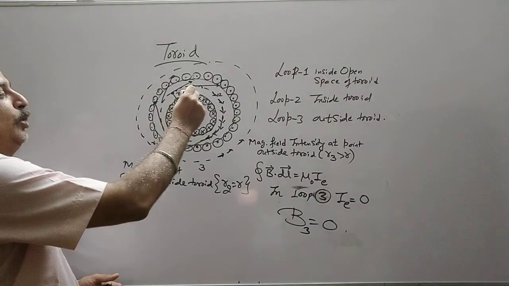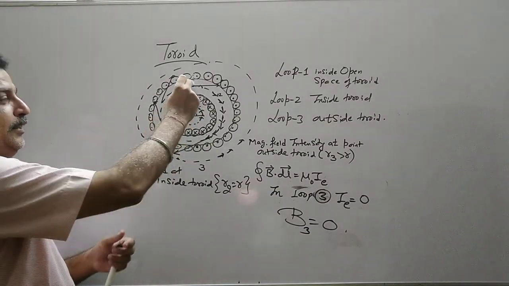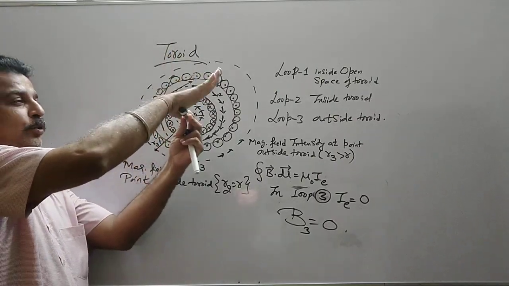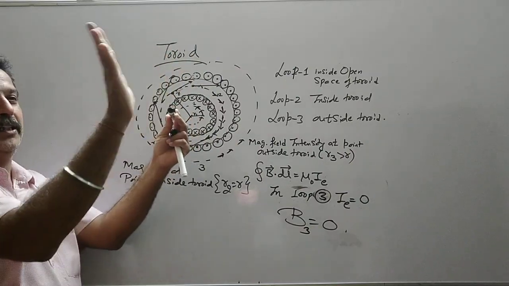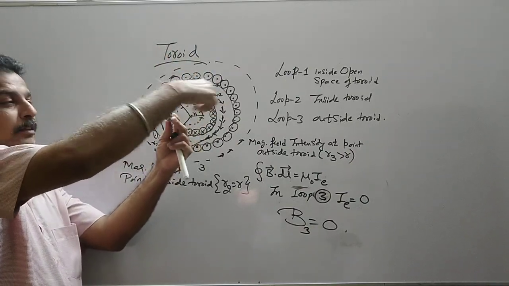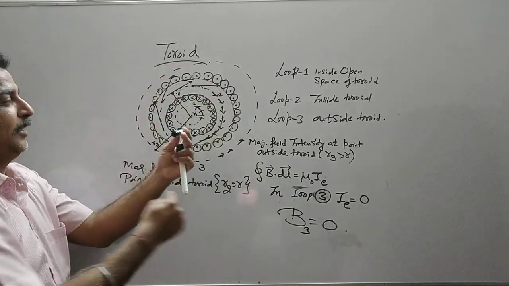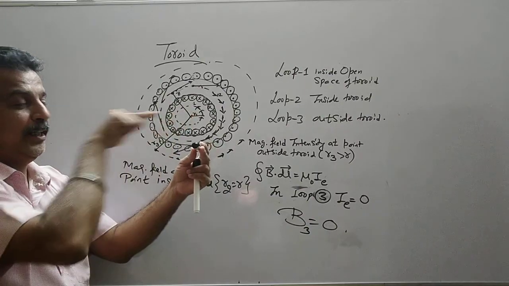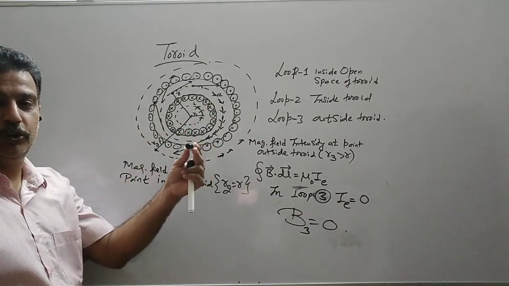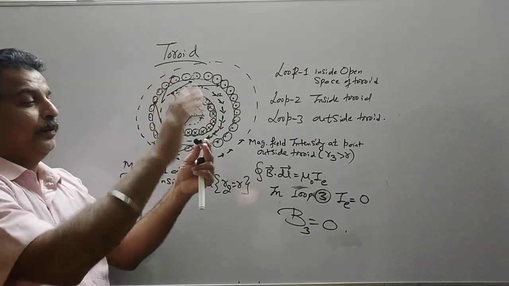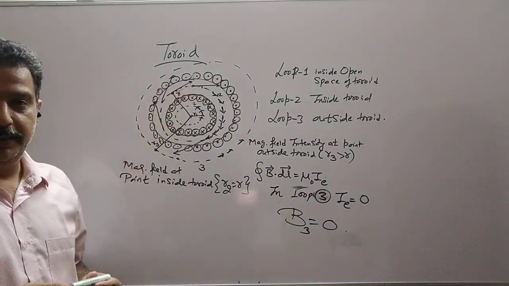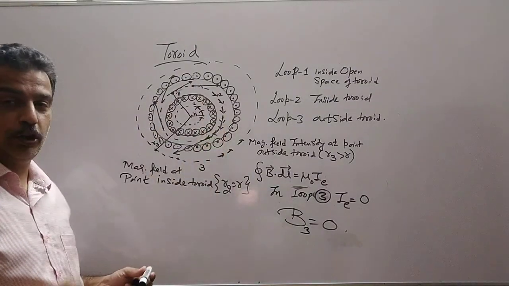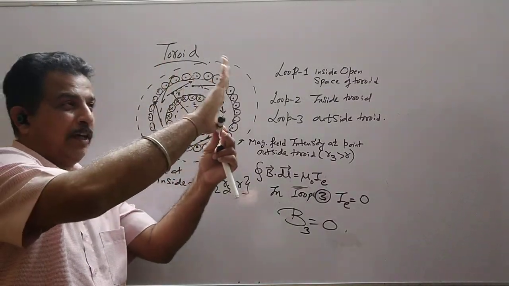Now we have only this current inside the loop. This current is outside. This current is going inward. So I rotate my hand, I curl my finger like this. So what will be the direction of the magnetic field? That is circular, the direction of the magnetic field lines. But at any point, it should be along the tangent. So current is going inward, B is clockwise. So I have taken dl clockwise. I curl my finger clockwise.